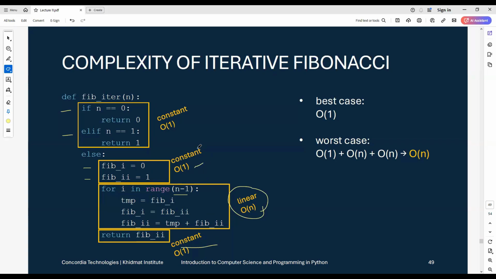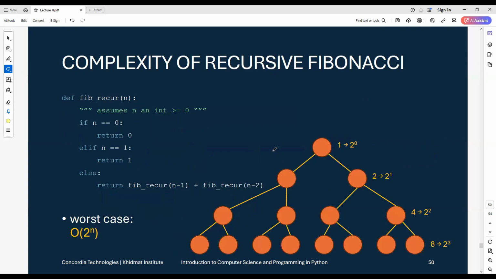Everything else here is constant complexity. That's just simple operation. And for a worst case scenario, this would eventually result in a linear complexity of big O of n. On the other hand, if we were trying to do this recursively, you would notice that